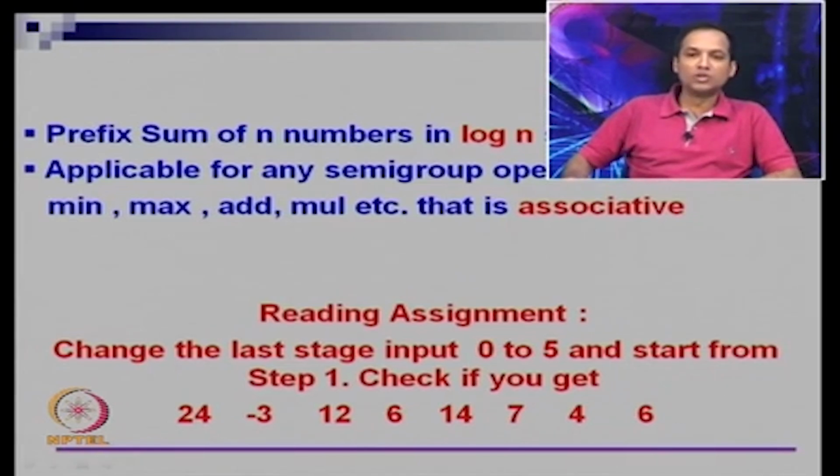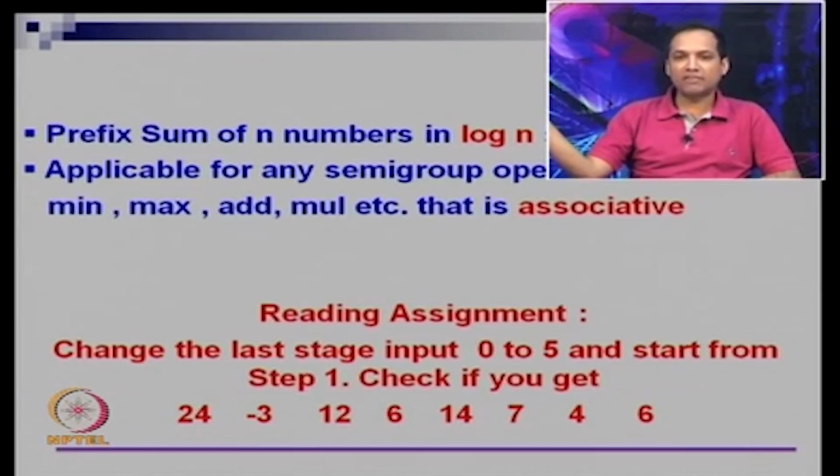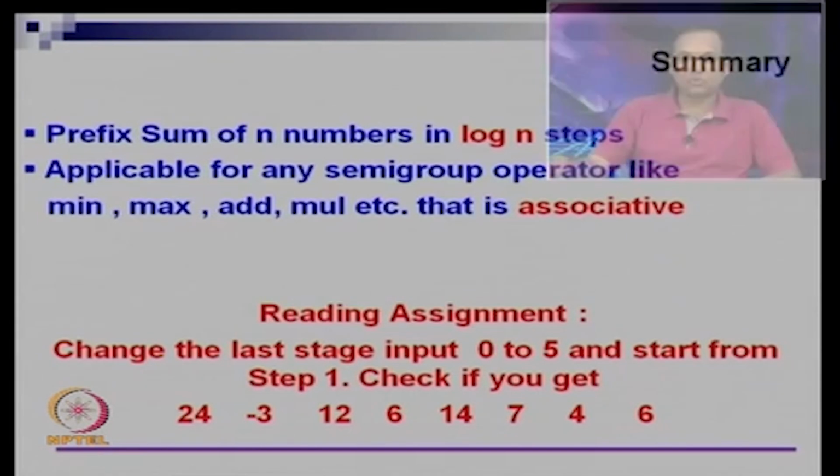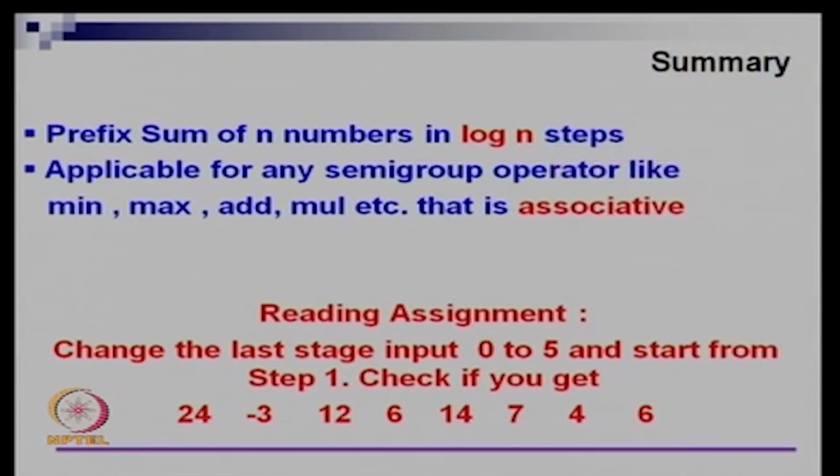I want you to do a reading assignment where, for the last stage, the input at stage 0 you change to 5. I said I assume that A of 0 is 0; instead change it to 5 and see whether you get these values. This is a reading assignment for you. Once you understand that, let us now look at